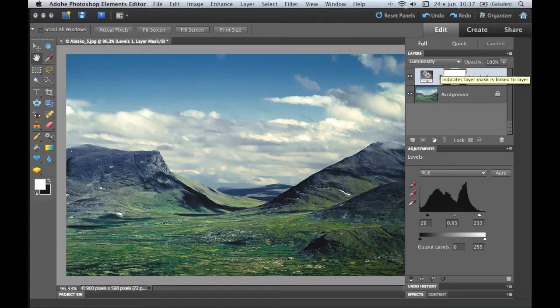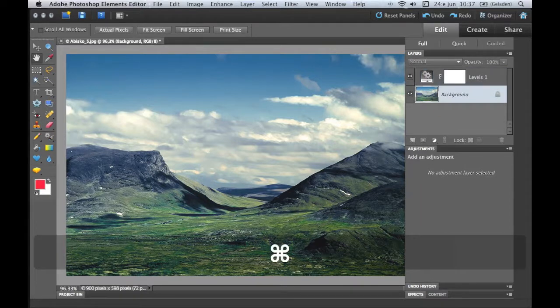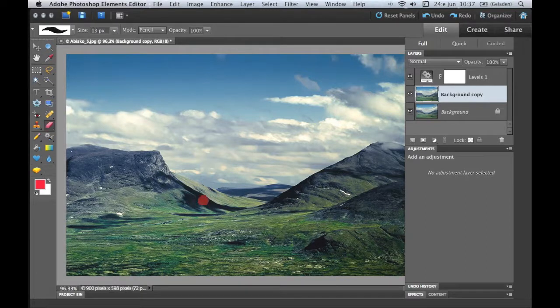And here you have the mask. A layer mask is very important. Everything you do to the image you can delete by using a layer mask. Of course, you have the eraser tool. You can erase stuff. So if we copy this layer, let's say I don't like this area,